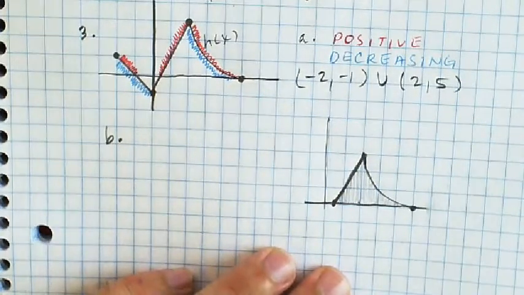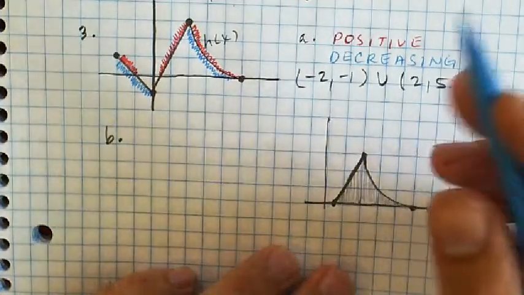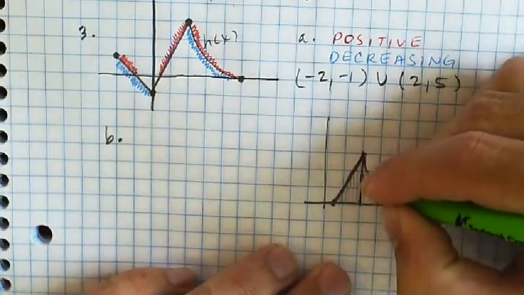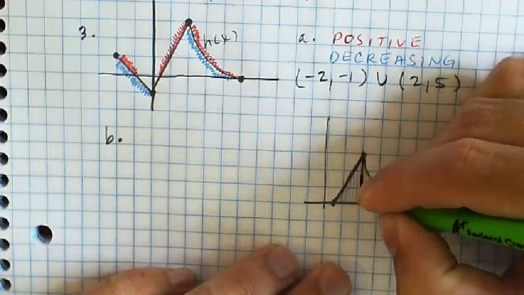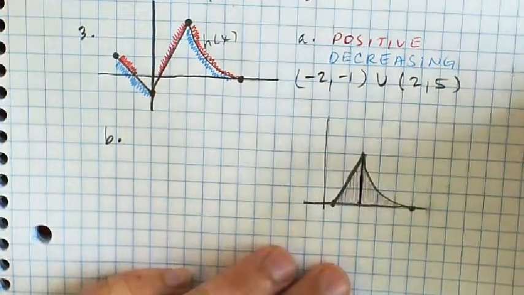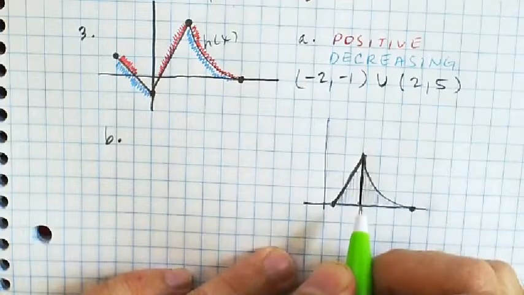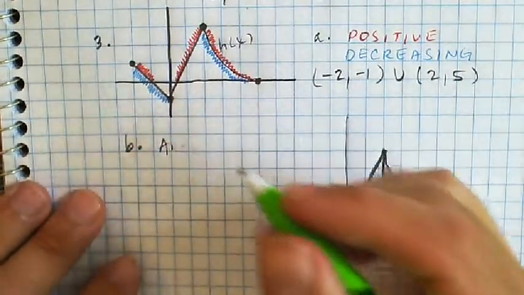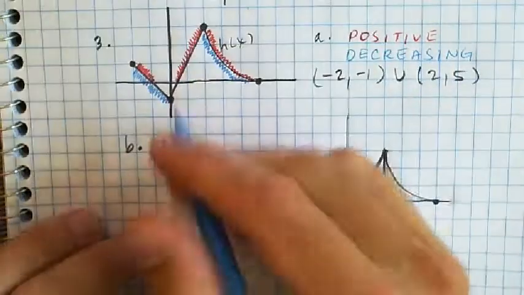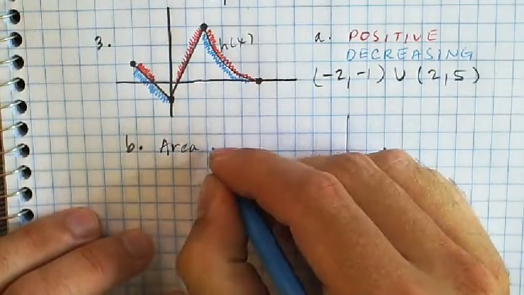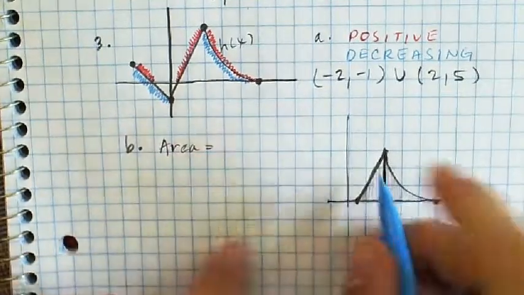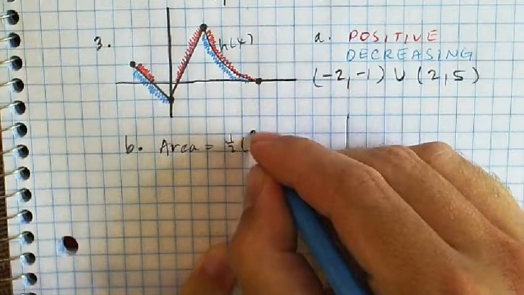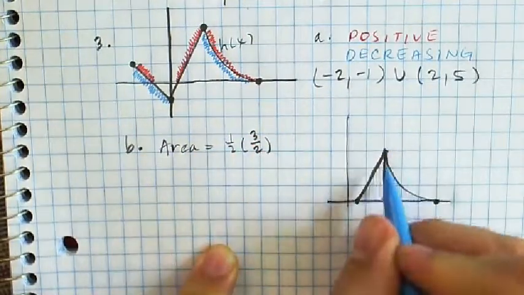Okay, so what we need to do is split this off into two subregions, right? What we're going to do is go over here, and find the area of this triangle. Well, you know how to do that. One of our nice geometry teachers taught you how to do that a couple years ago. And so the height of the triangle is 3, the base is 1.5. So total area is going to be equal to the area of the triangle, which is 1/2 times the base, which is 1.5, times the height, which is 3,